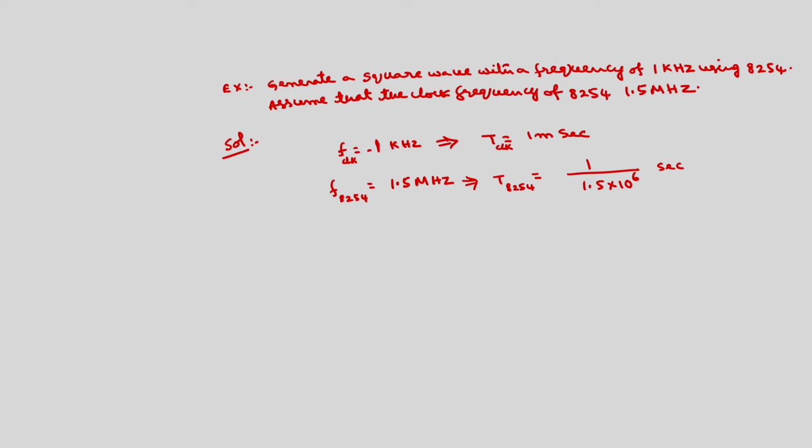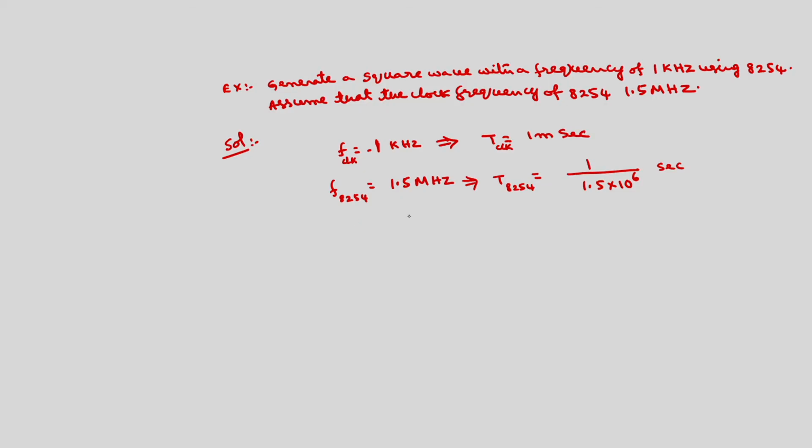this counter with the appropriate value, so that if the n value is an even number, it will be on for n by 2 clock cycles and off for n by 2 clock cycles. So, how to find out the n value? What should be the value of n to produce a frequency of 1 kilohertz square wave if I connect that out signal to the CRO?